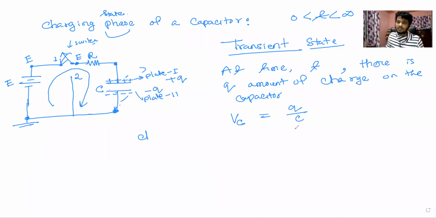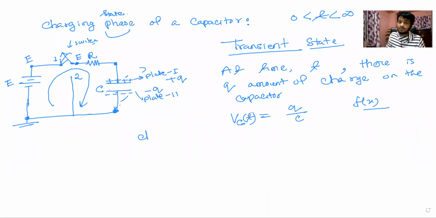Yes, sir. Fine. So if q changes, will Vc always be equal? No, sir. The potential across this capacitor will also change over time between the initial state and steady state, right? Okay. So that means Vc changes over time. So we can write Vc as a function of t, isn't it? Yes, sir. If the value of a function changes with the change in x, then f is a function of x. Because the value of this function changes with the change in x, isn't it?